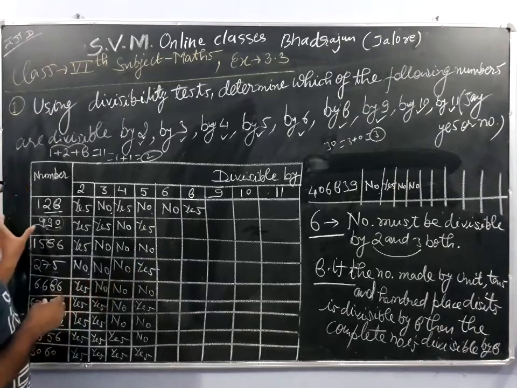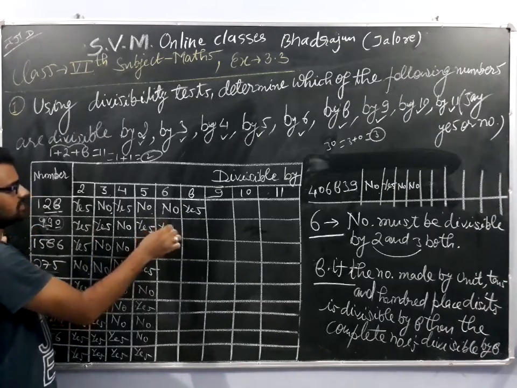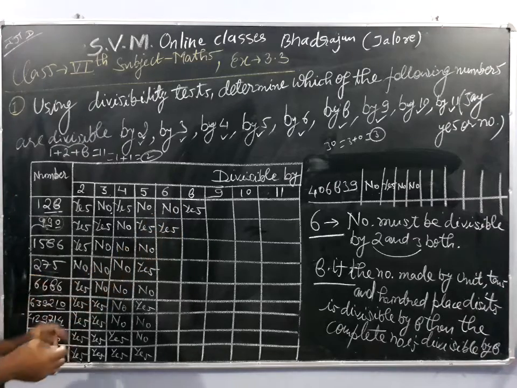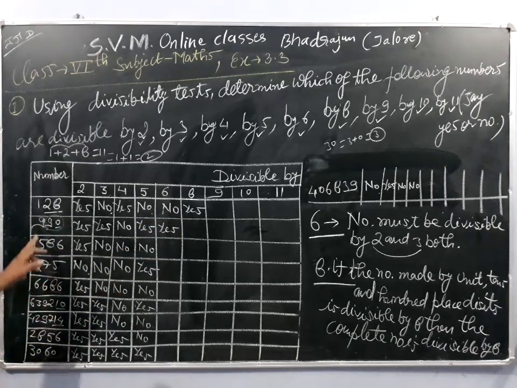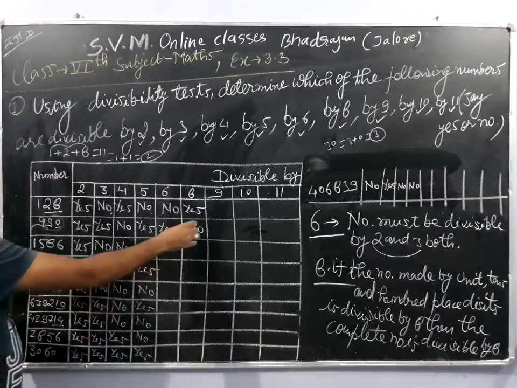Okay, now 8 8 9 number is divisible by both, hence the number is divisible by 6. Okay, let us move towards the next one. Only 3 digits are given. 8 1 is 8, 8 2 is 16, after that 3, and we are getting 30, which is not divisible by 8, hence the number is not divisible by 8. So our response is no.